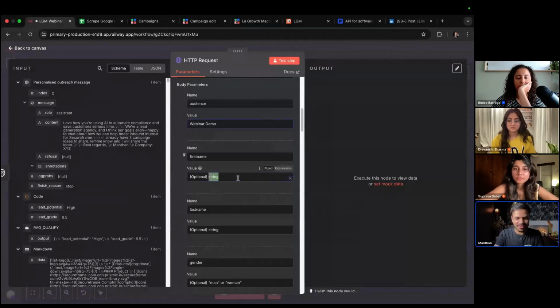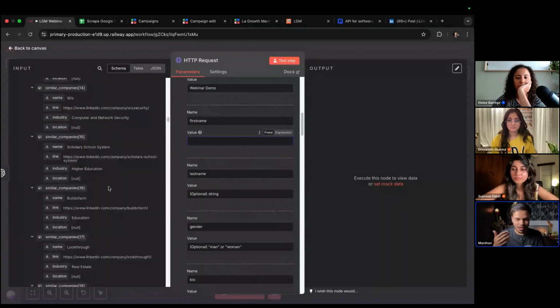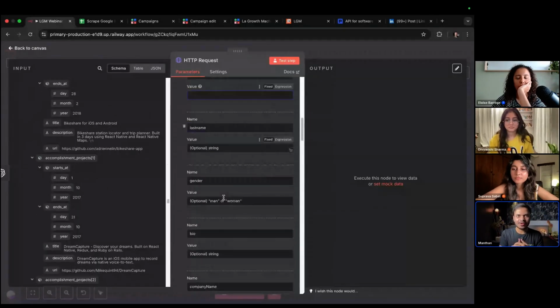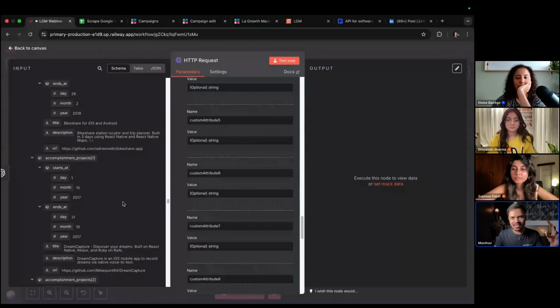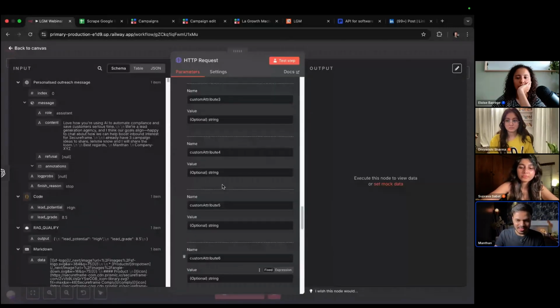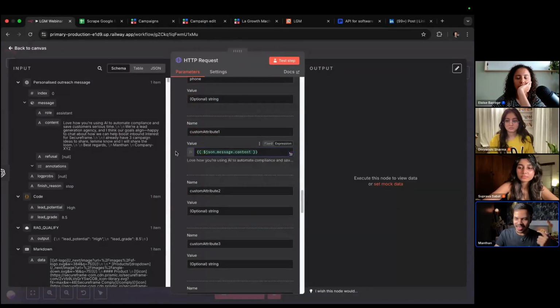Here we can also add the first name, last name, simply drag and drop. You don't have to write a single line of code to do this, right? It is that easy to create this type of campaign where you can reach out to prospects both via their email addresses and their LinkedIn profile. And you might ask, how can I add the custom attributes that we just created from OpenAI? It is very simple. In place of custom attribute one, we will drag and drop the personalized outreach message that we just created, and boom, it will create hyper personalized copies for each prospect.